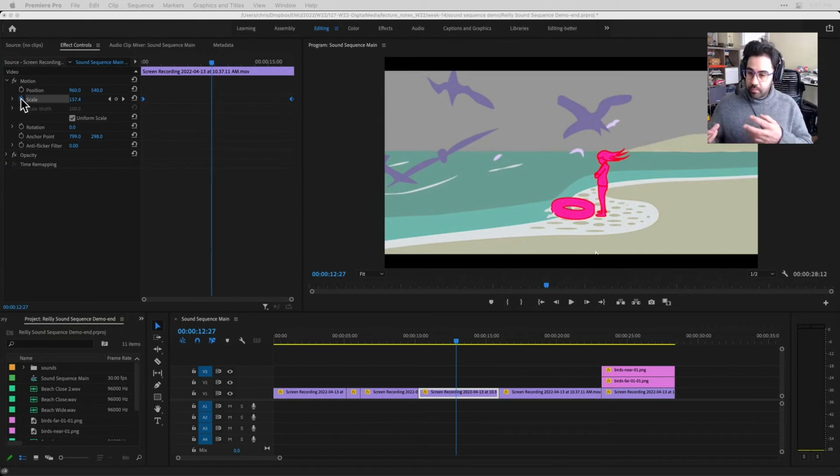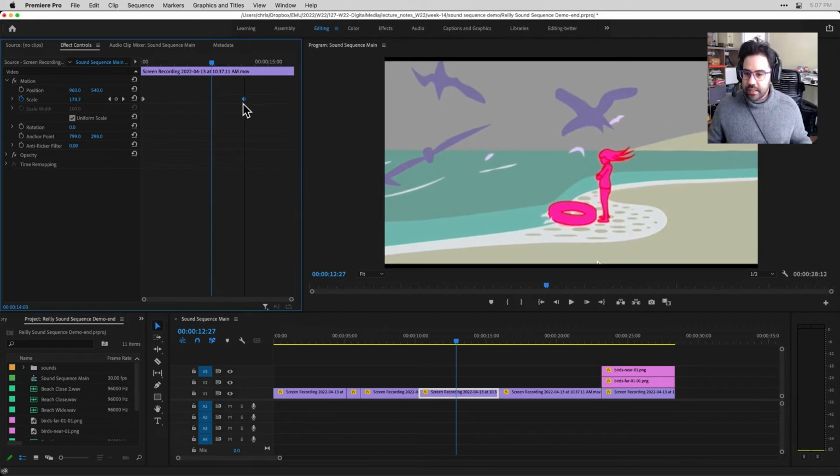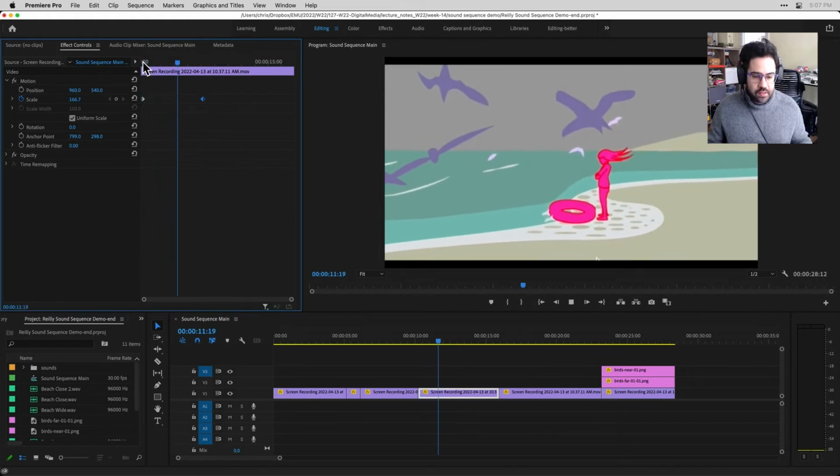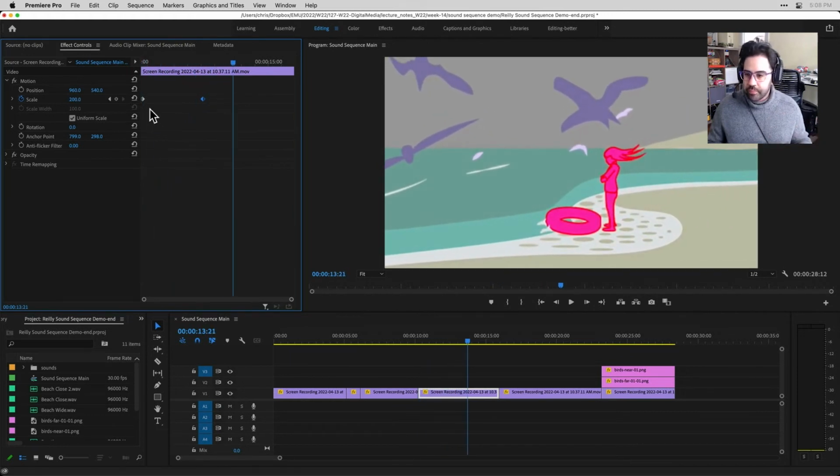Now we can also move keyframes along our timeline after we've made them. And that's really cool because that means we can change the pacing or the timing of our animation. So if I wanted this scale animation to happen more quickly, I could simply move those keyframes closer together. Probably I would grab this one on the end and scooch it closer to our beginning keyframe. Now when we play this back, you can see we are scaling up a little bit more quickly. Likewise, if I wanted the change to happen more slowly, I could move the keyframes farther apart from one another. So adjusting the spacing between keyframes is how we edit the timing.